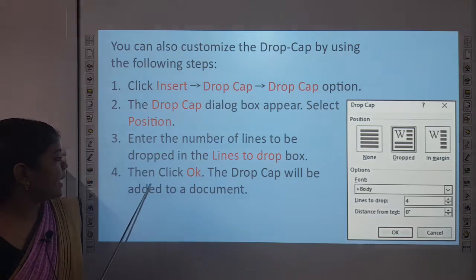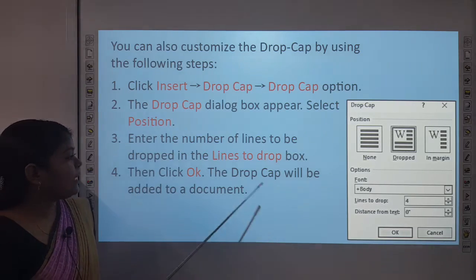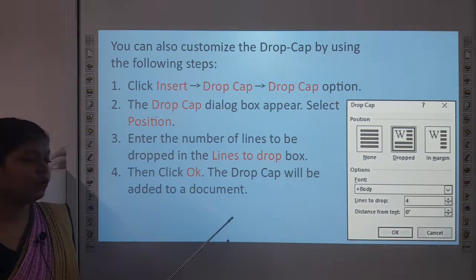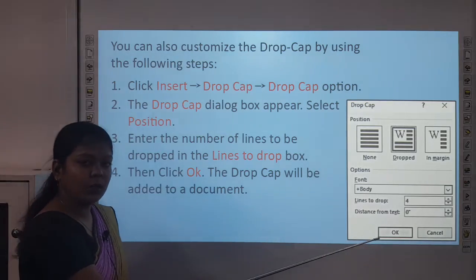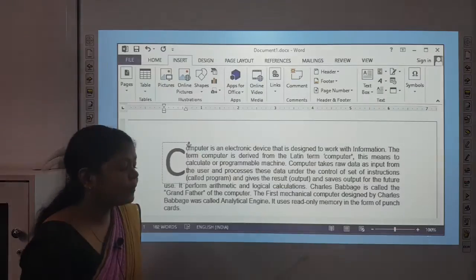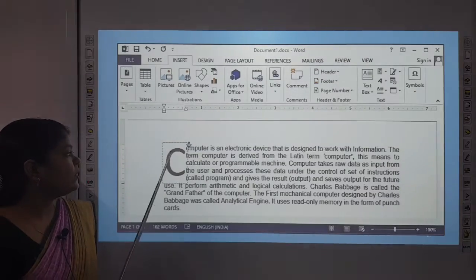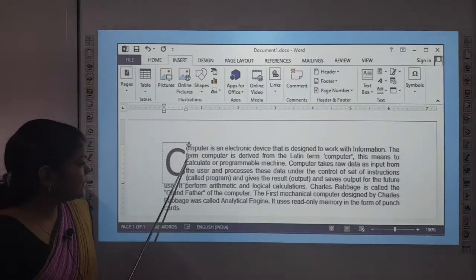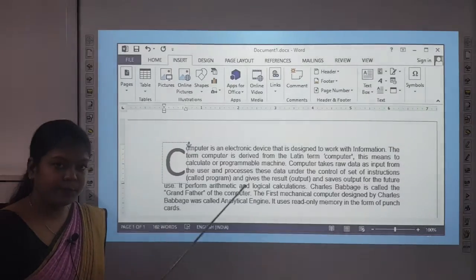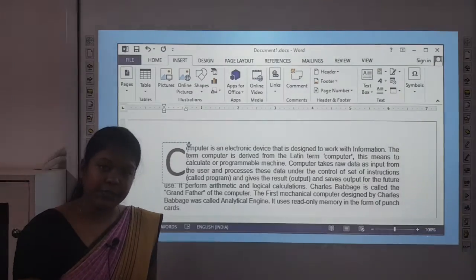Next, then click OK. The drop cap will be added to the document. Here you have to now click on the OK button. Now our drop cap letter will increase in size. Here you can see now my drop cap letter takes a margin of 5 lines. Now we will move to our next topic,